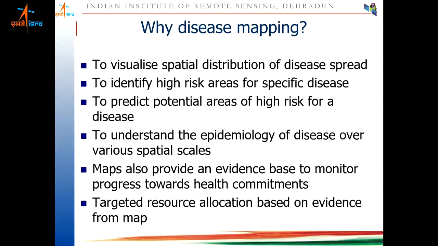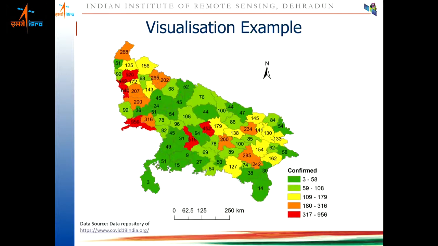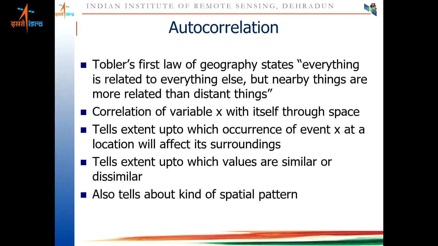Apart from visualization of the disease, if you need to calculate high risk areas, predict potential areas for disease, and find out hotspots of the disease spread, you need to do further statistical analysis. That analysis starts with the basic concept of spatial autocorrelation, and this concept is based on